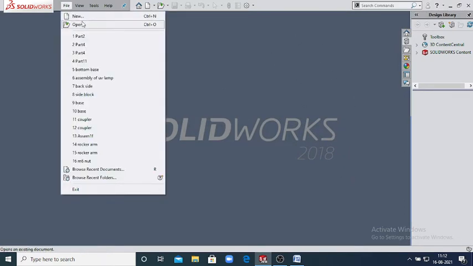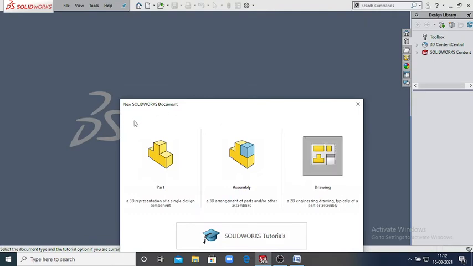When you open a new file, three options are activated here: drawing, assembly and part. The drawing option is for a 2D engineering drawing, typically of a part or assembly. In this option, 2D sketches and orthographic projection drawings are made.